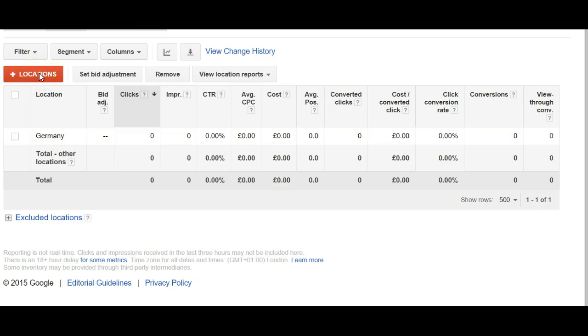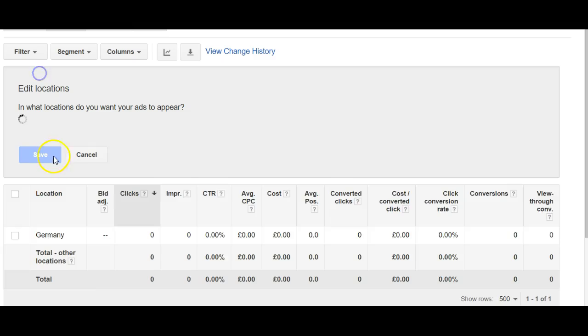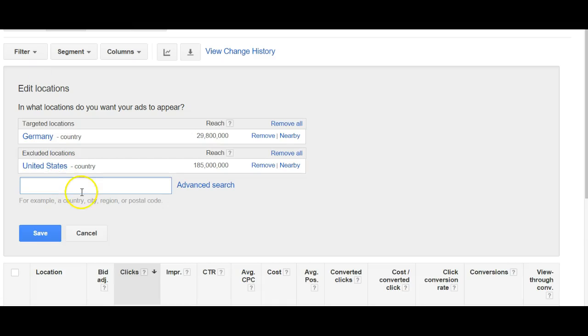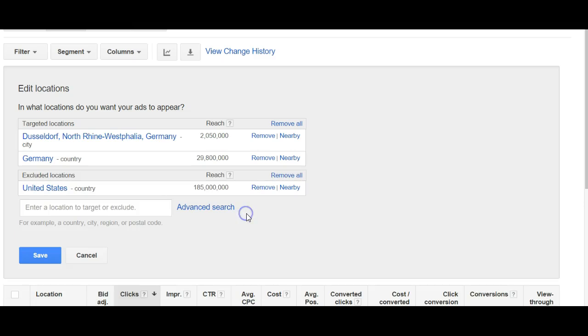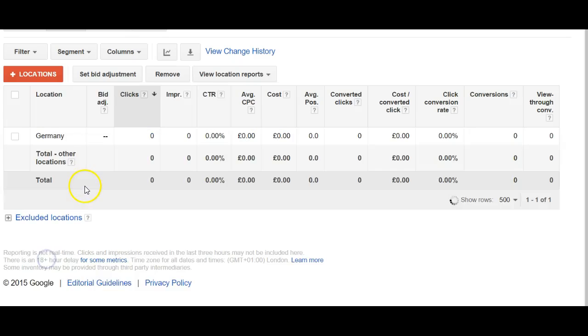What we need to do if we want to adjust the bids for a specific city, we click on location, and let's say one of the well-performing cities was Düsseldorf. So I choose Düsseldorf. Make sure you choose the city, not the airport. Add, save,